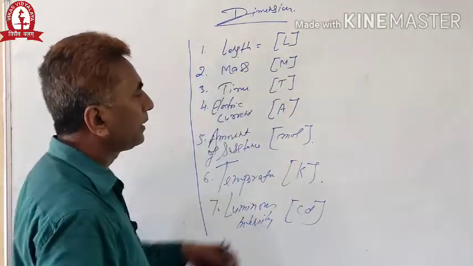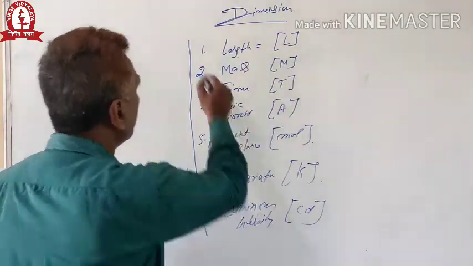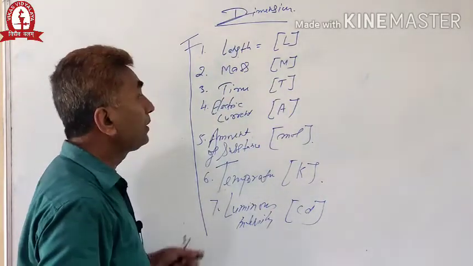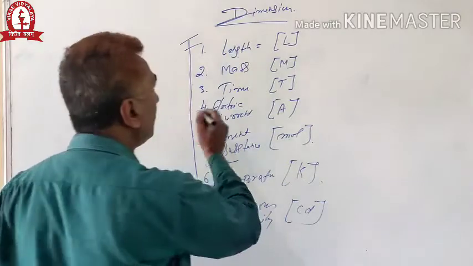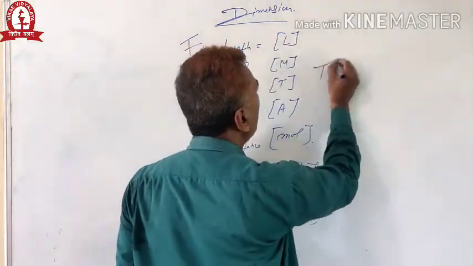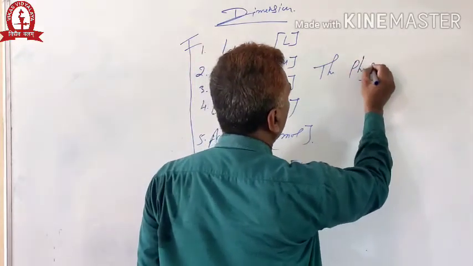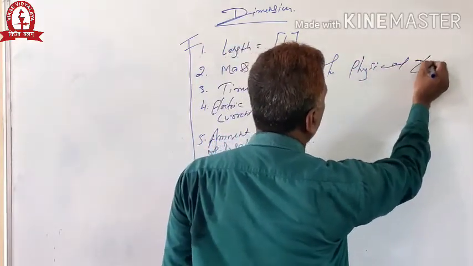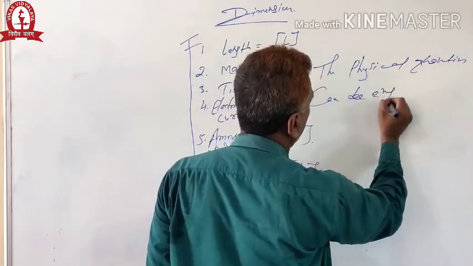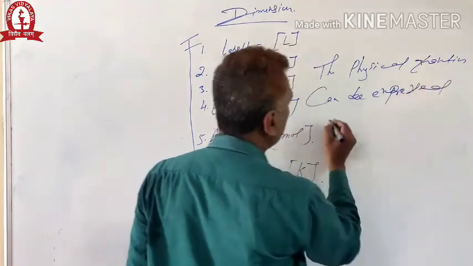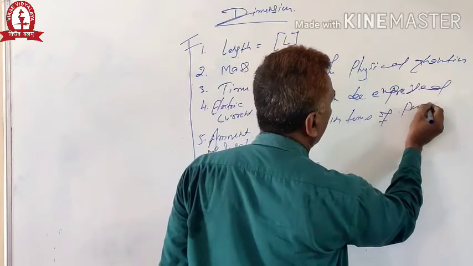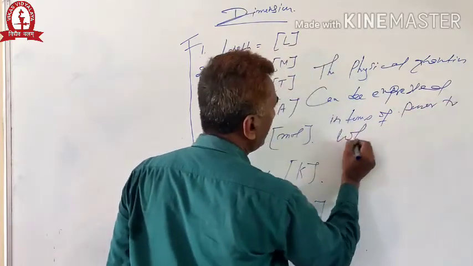There are some letters that are written inside the square bracket. This represents the dimension. Actually, dimensions are the power to which the physical quantities are raised. Now see, if I say what is the definition of dimension, then I will write like this: the physical quantity can be expressed in terms of the power to which it is raised,